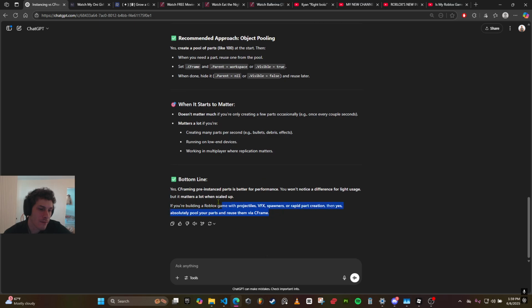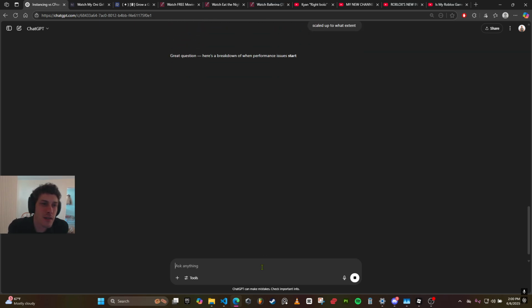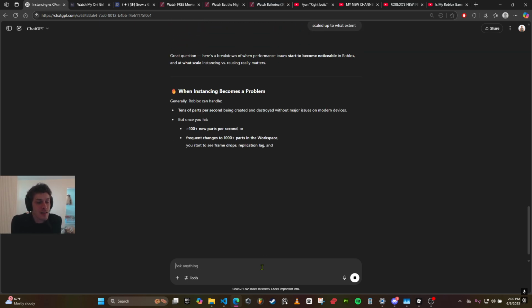Wow. CFraming pre-instanced parts is better for performance. You won't notice a difference for light usage, but it matters a lot when scaled up. Scaled up to what extent? I never even thought about this, honestly. I've seen this